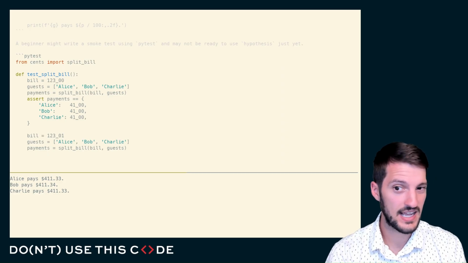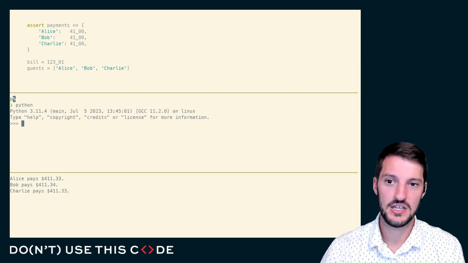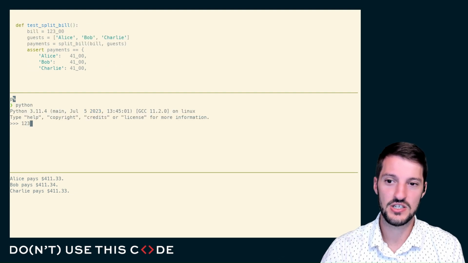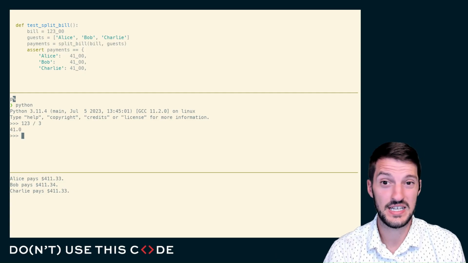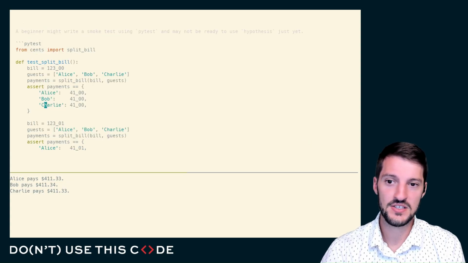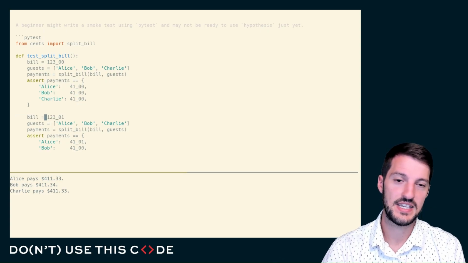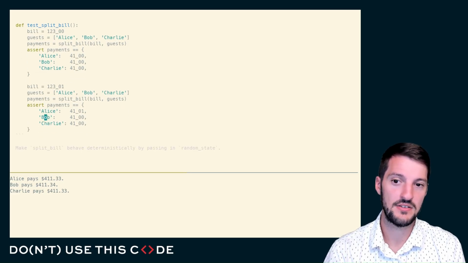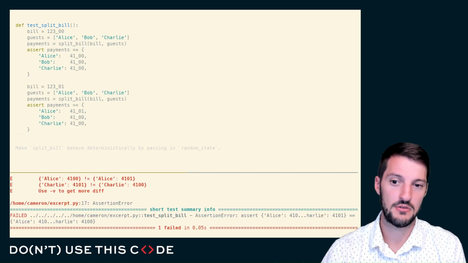In this case, I know that if I take 123 and divide it by 3, each person should be paying $41, or in this case, 4,100 cents. So I can map that to my expected output and I can run my test. Then I can take the case where we pay an uneven amount and I can say that Alice is going to pay the extra amount. And when I run my tests,